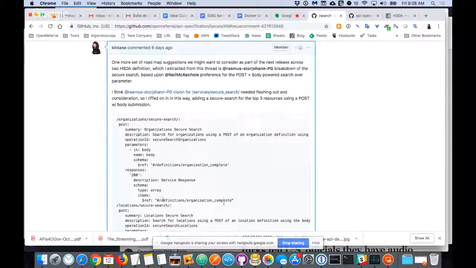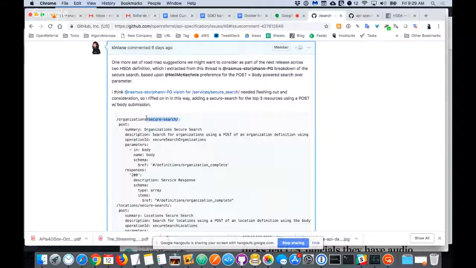But yeah, so it was really what was suggested, and this is why I try to articulate things as OpenAPI, so that I can have some sort of visual to show. Right now you can search just organizations, pass it a query string, and search for organizations. That's the basic search. But you can't add a post to that, because when you're adding an organization, that's a post. So to be able to do a search using a post, which is more secure,